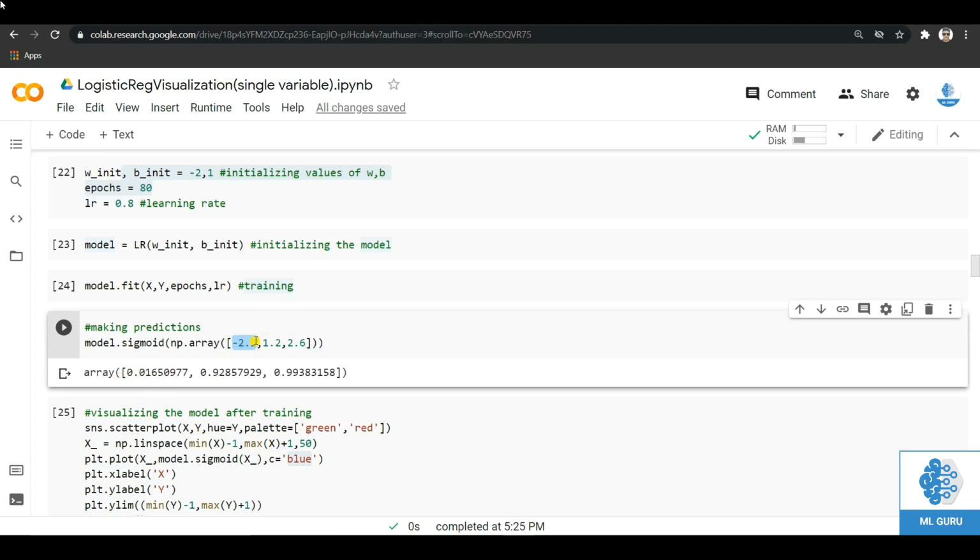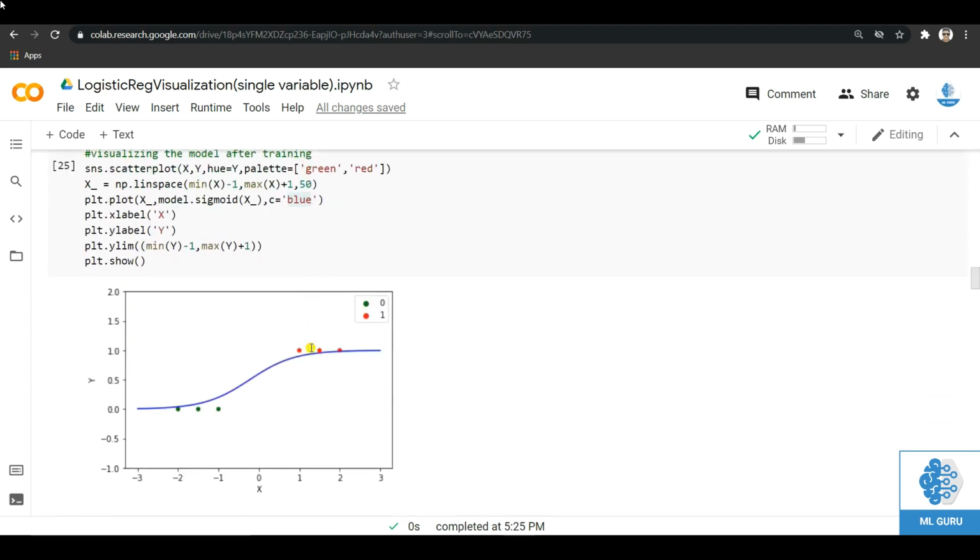And, sorry, the prediction is given for class 1, so it tells that there is 0.016 probability of this particular point belonging to class 1. Similarly, for the point 2.6, it tells that there is 0.99 probability of the point 2.6 belonging to class 1. As you can also see, 2.6 is very close to 1.